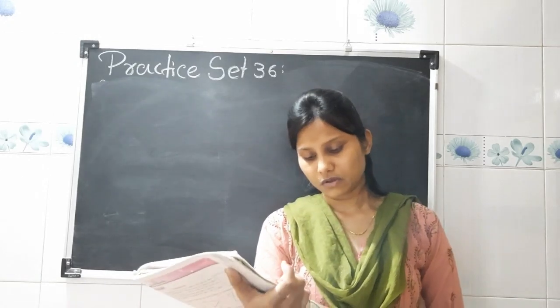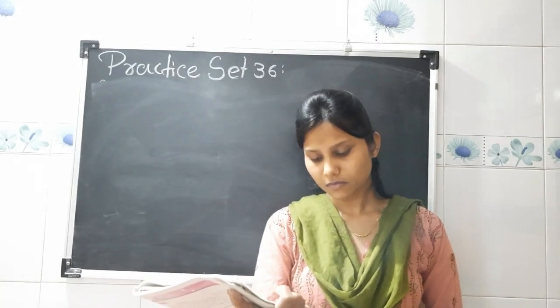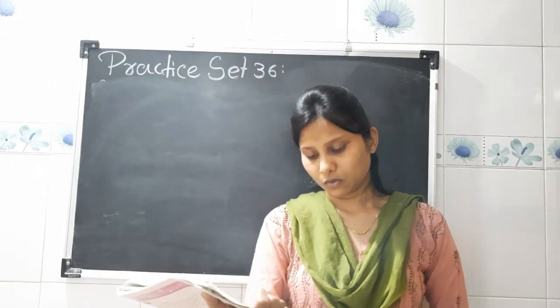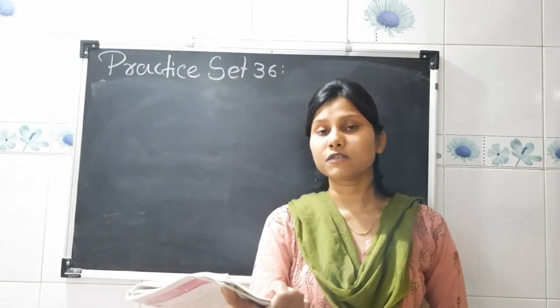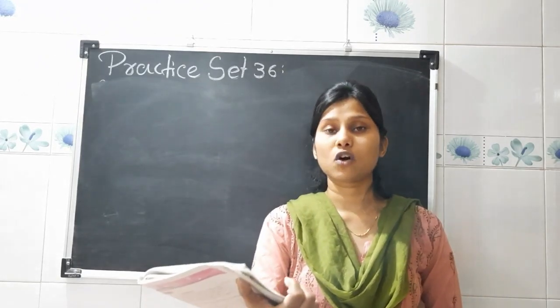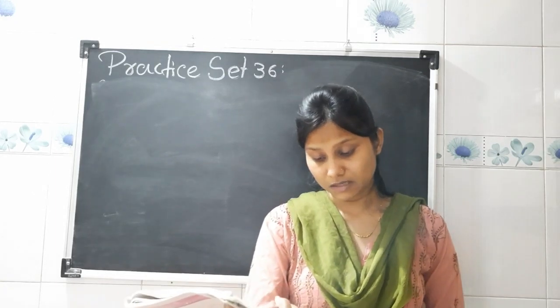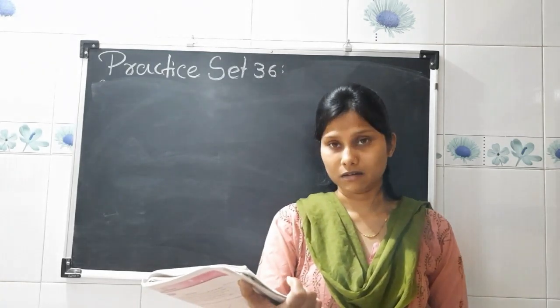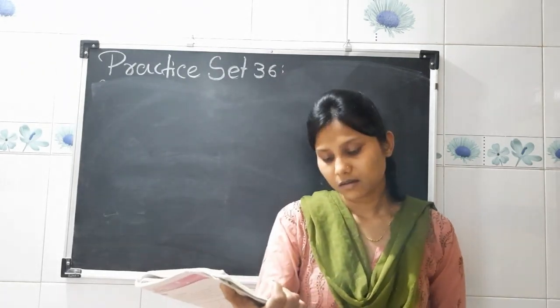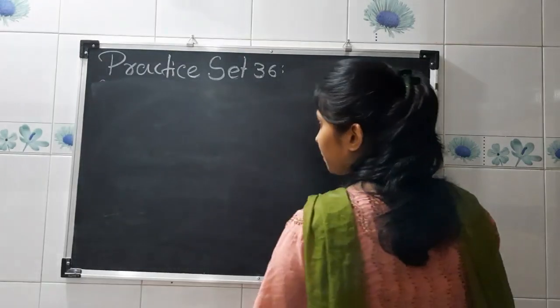Now the first is 3 centimeter, 4 centimeter, 5 centimeter. The lengths of all the sides of this triangle are different. So it means it is a scalene triangle. You have to write that the lengths of all the sides. See, like this.